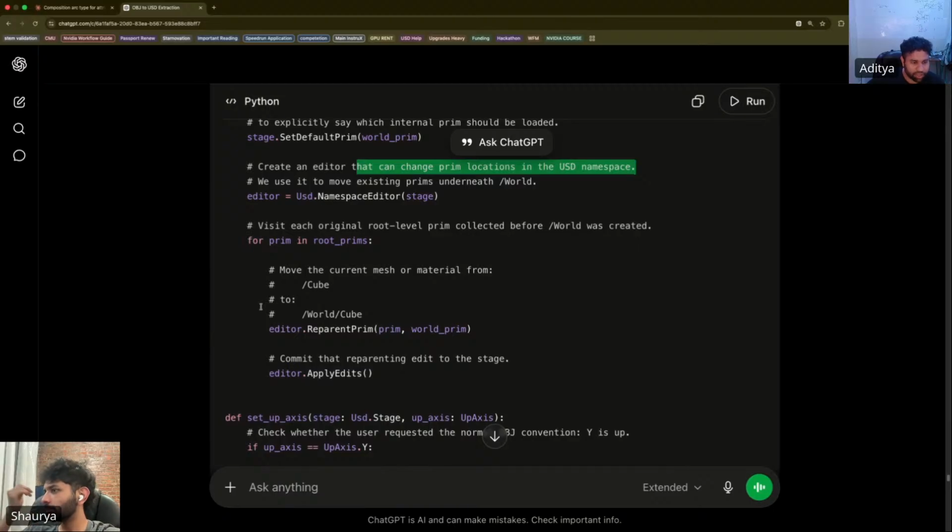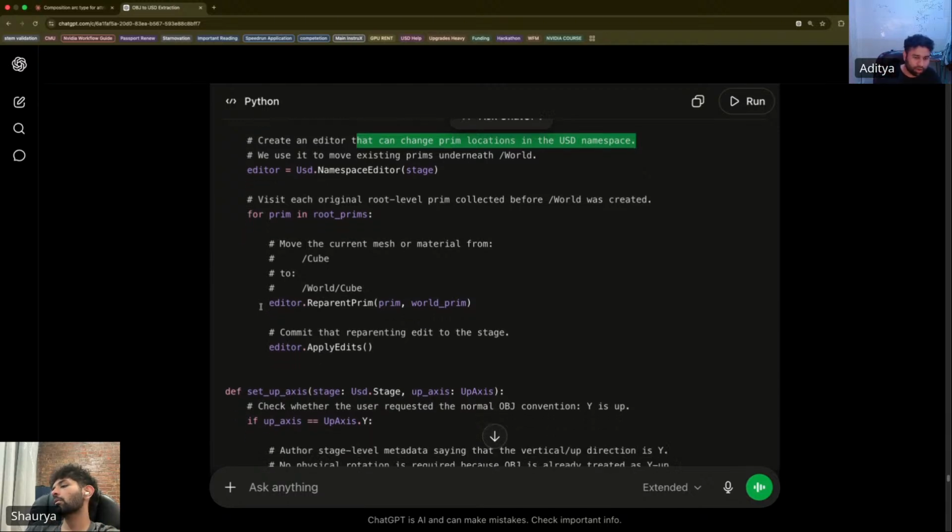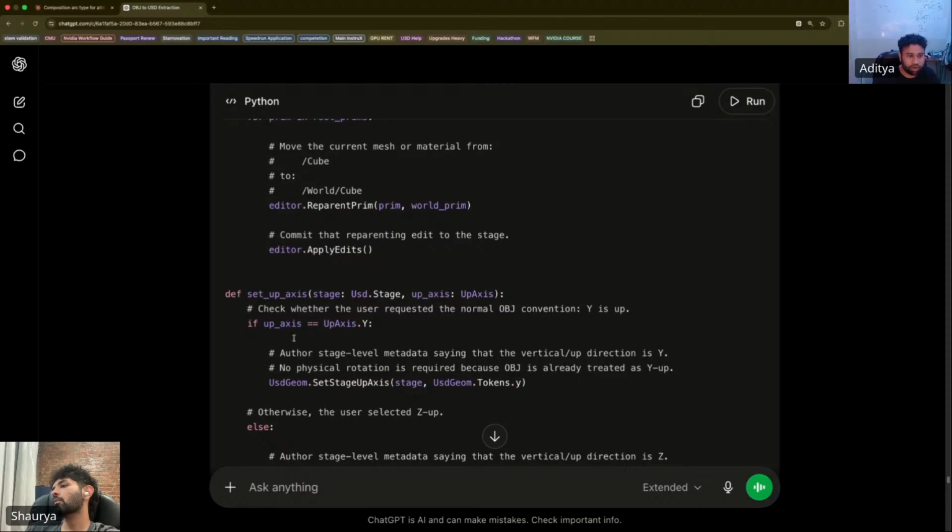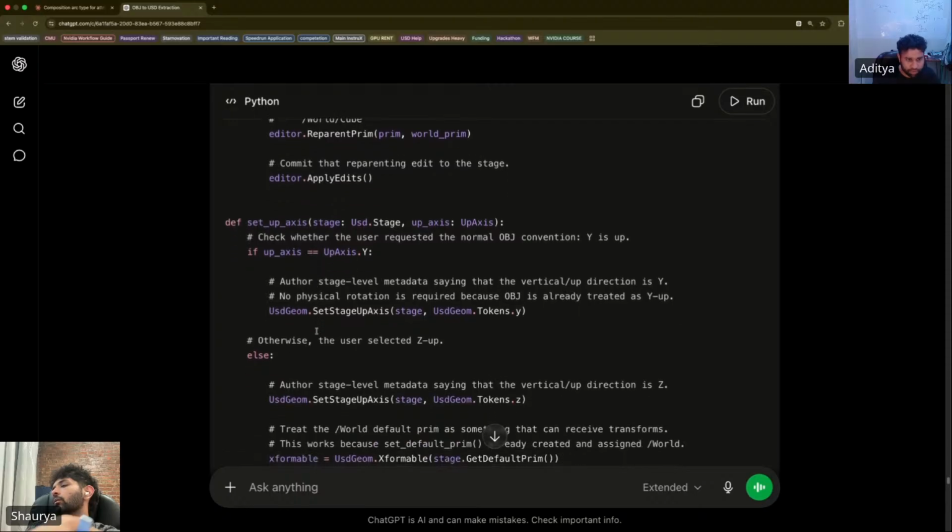And then we're going to set up the axis. So we know that the default axis is y. So we're going to set up the axis the way we are going to look at the prim for our stage that we have defined. Right, so check whether the user requested normal obj convention, y is up. So if the user has requested y is up, it's going to do that. If the user has requested z, we are going to use UsdGeom.Tokens.z to do that. And if you move down,